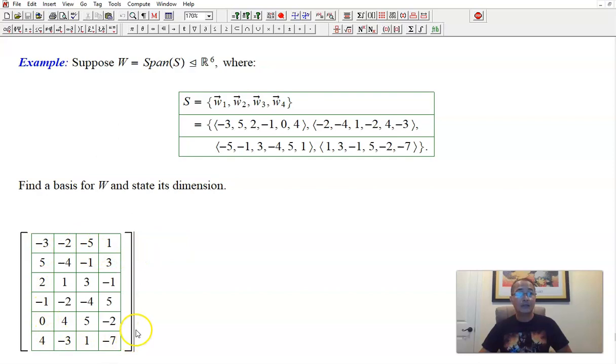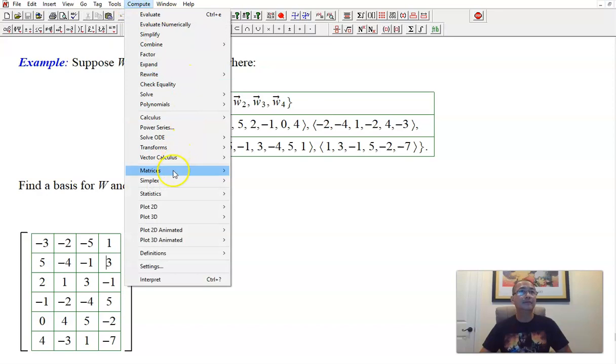It's no longer an underdetermined system. In fact, it's now overdetermined. There are more rows. There are 6 rows and only 4 columns. So we are not guaranteed a free variable. Maybe we will get all leading variables. Maybe we will still get a free variable. So we won't know until we click